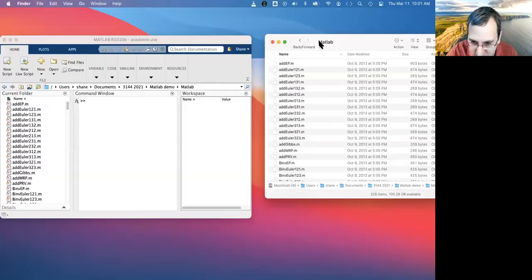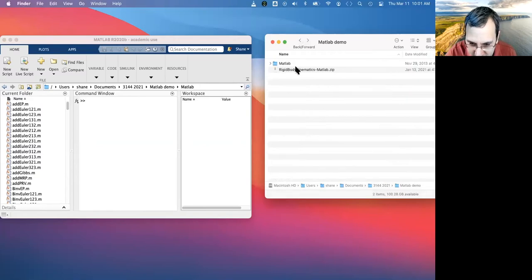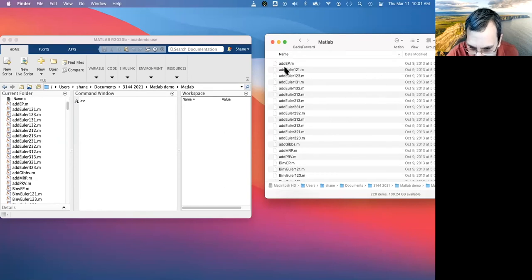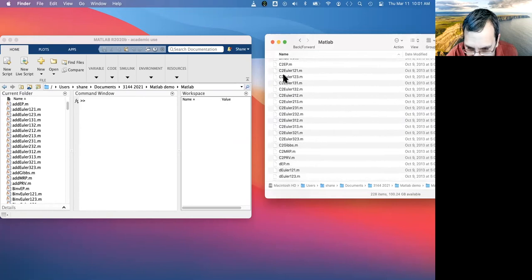Let's try that. What you're going to find is there is a rigid body. It's a zip file. This is provided by Hanspeter Schaub, who's the author of the book. You can get it from the AIAA website or his own website. He also has, I think, the same subroutines for other things like Mathematica and Python, but I'm only going to be doing demos with MATLAB. If you unzip this, it opens up something called MATLAB, and then it has all these files in it. The main one we'll care about right now,